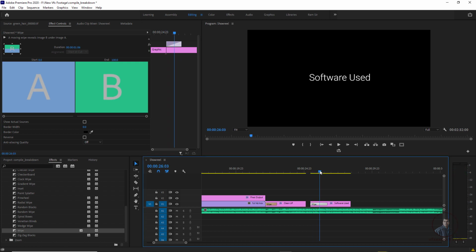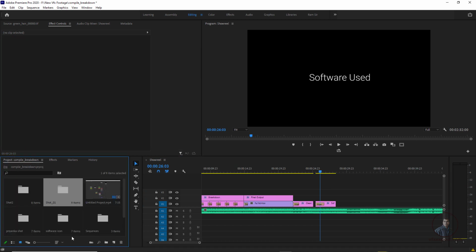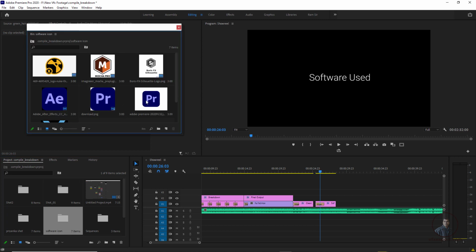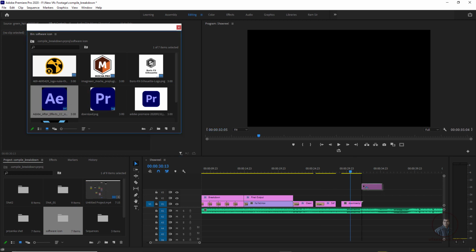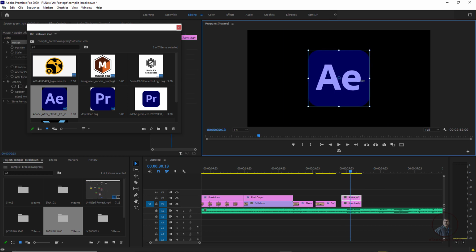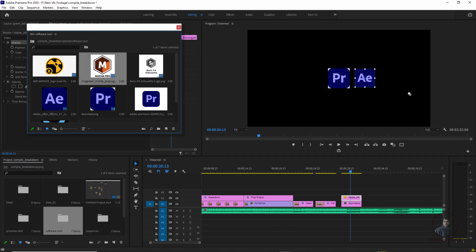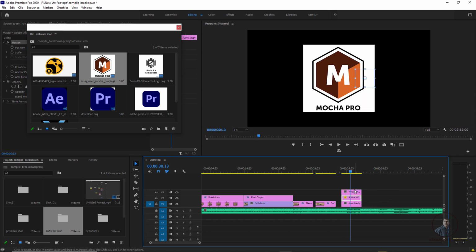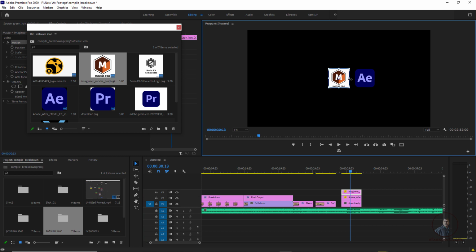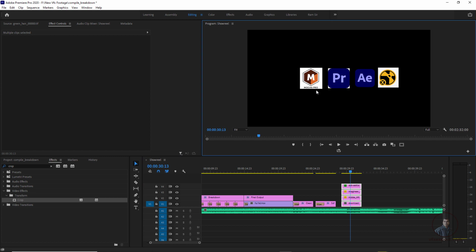Then after this we have to place all these software icons here. So simply open our software icons. Only for example, I am going to show you here. Maybe suppose this is Premiere Pro, this one, then we can select this After Effects. Here on the top layer we have to place them, because at a time we have to display all these icons here. Remember this one, okay? Then we can move it here, double click. Then maybe this Mocha, again place it here. So here you can see, just like in Photoshop, then easily we can place them according to requirement.